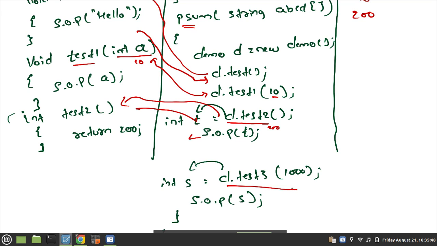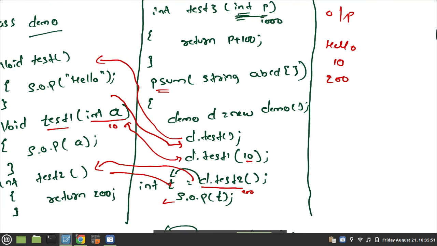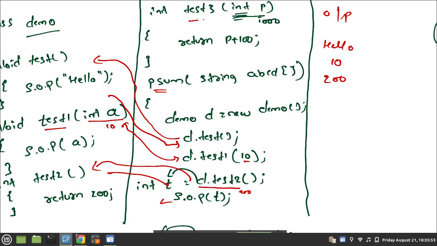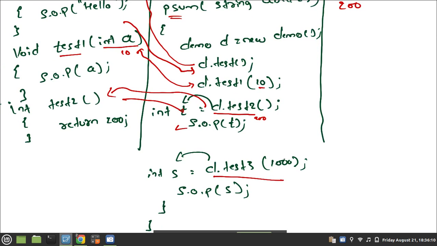After completion of this method, what is the next statement? d.test3 of 1000 means this will call the test3 method. What value am I passing? 1000. That 1000 is copied into p. So p is nothing but 1000. 1000 plus 100 is 1100, and I am returning it here. Returning means the output of this method will be 1100.